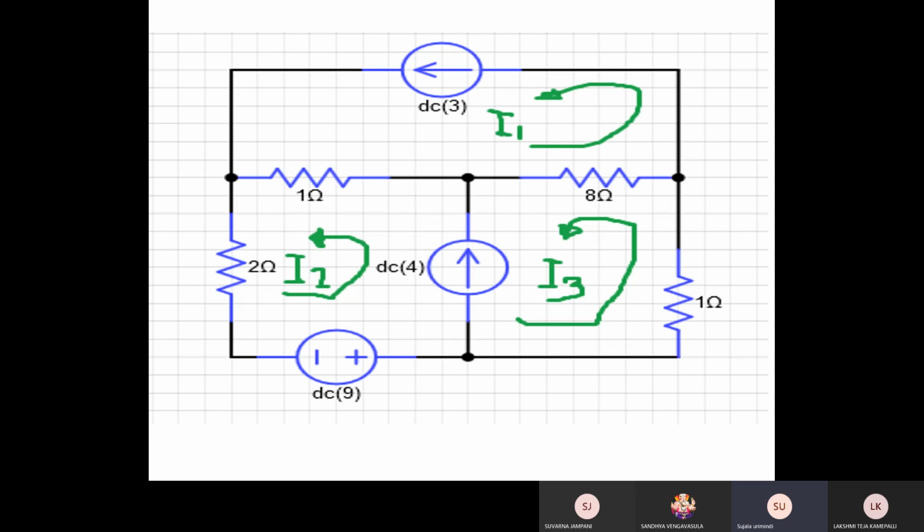There is only one loop there. But for that loop, you have to take the I1, I2, I3 currents only. I2 will represent the 2 ohms and 1 ohm, with 2 ohms for the I2 current and 1 ohm for the I3 current. But this 1 ohm will represent both I2 and I1, and 8 ohms will represent both I3 and I1. Depending upon the direction, whether it is entering or leaving, and depending upon the polarities, we have to mention either positive or negative signs. This is about the super mesh analysis.